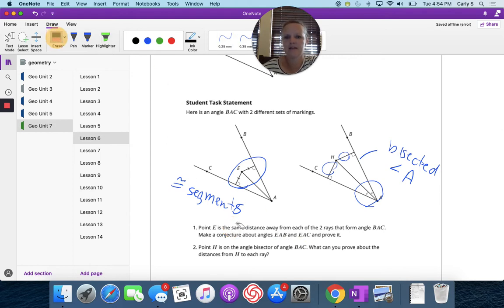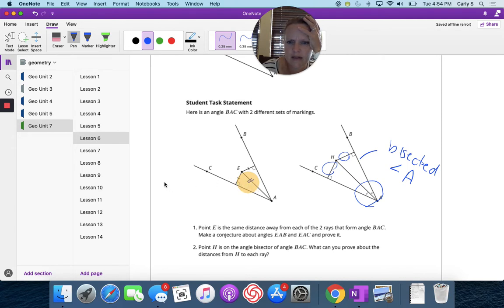Let's do that. I'm going to erase all this stuff. What do we know here? I know that those are congruent and these are congruent. I also know that this segment is congruent to itself, okay, because it's reflexive. AE is congruent to AE because it sees itself in a mirror. So